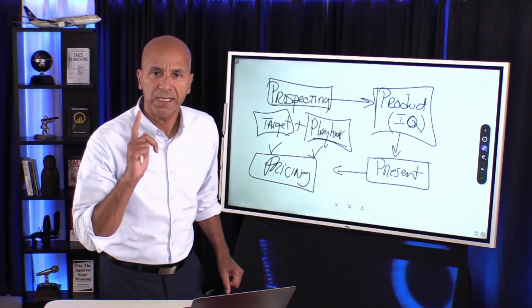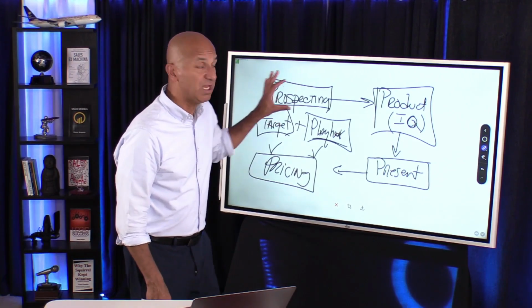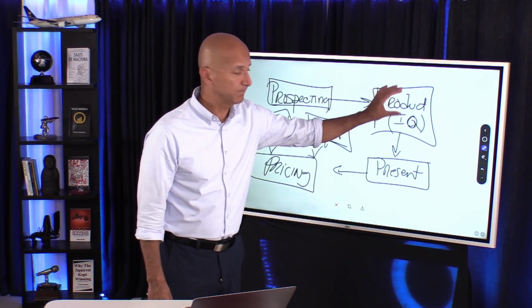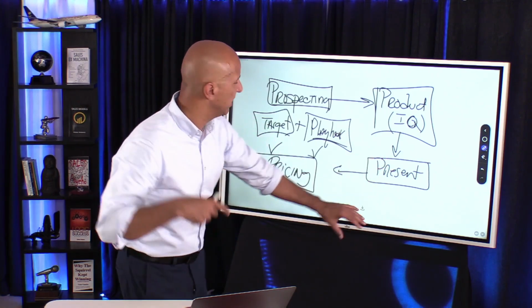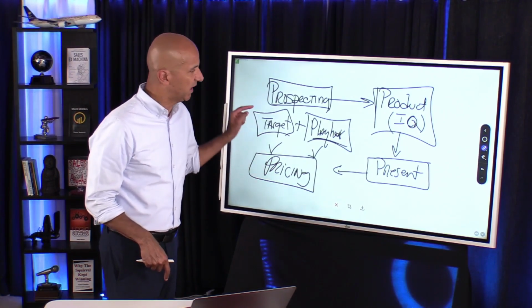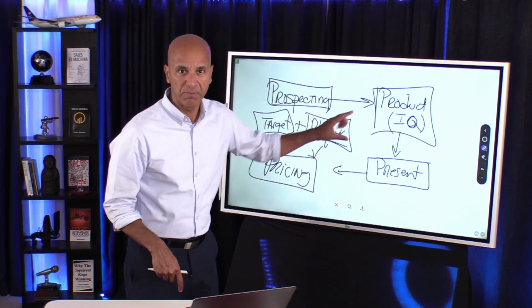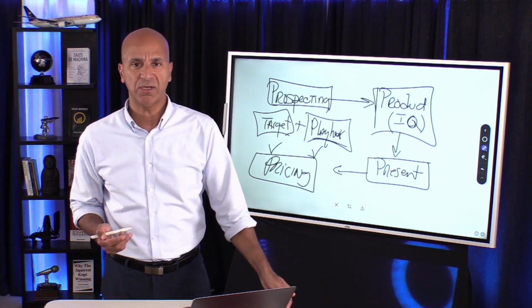The customer only cares about price if you're not targeting the right client, if you don't position the value of the product, and you don't know how to present why it's different and why it matters to them. Then price will become an issue. So again, if these three legs are not stable, then pricing will always be an issue, because you won't be differentiating yourself.